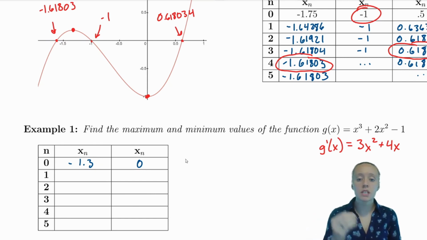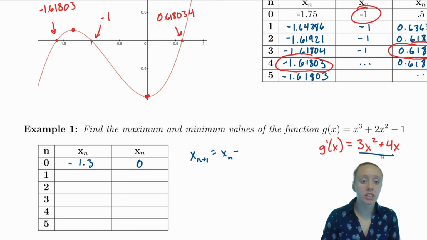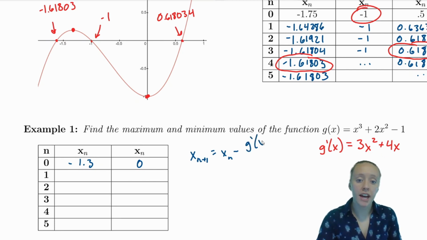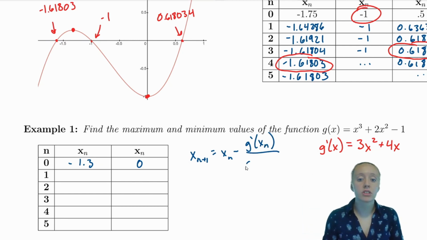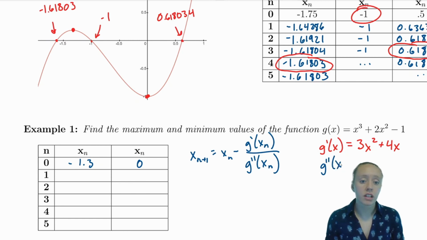So using those as my x sub 0s, my x sub n plus 1 is going to be x sub n minus, what's my f of x? That's going to be my g prime of x. So I'm going to use g prime of x sub n all over its derivative. So g double prime of x sub n. So I know my derivative is 3x squared plus 4x. So my second derivative, if this was f of x, here's my f prime of x, that's going to be